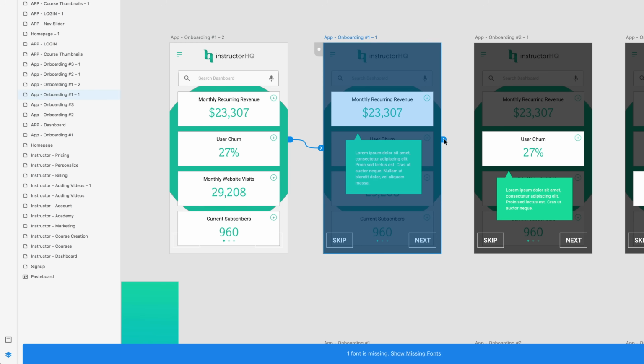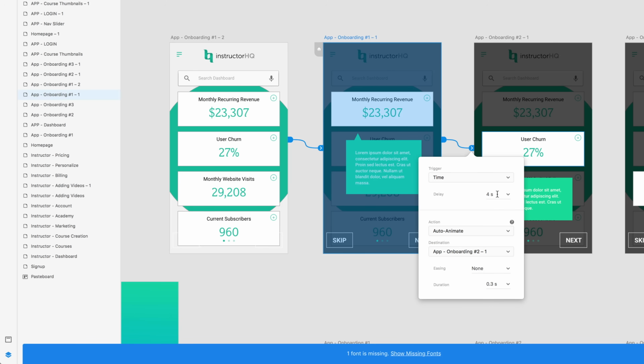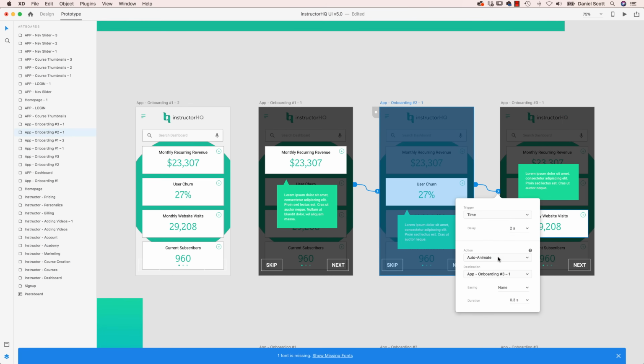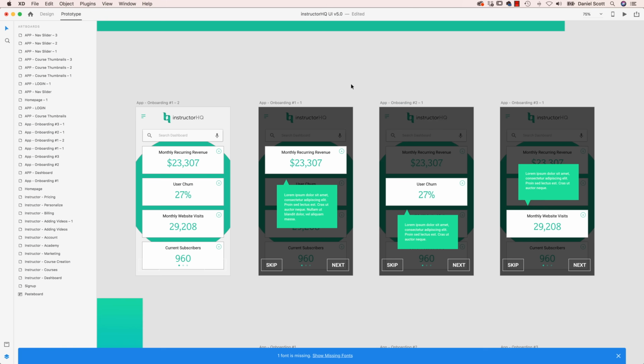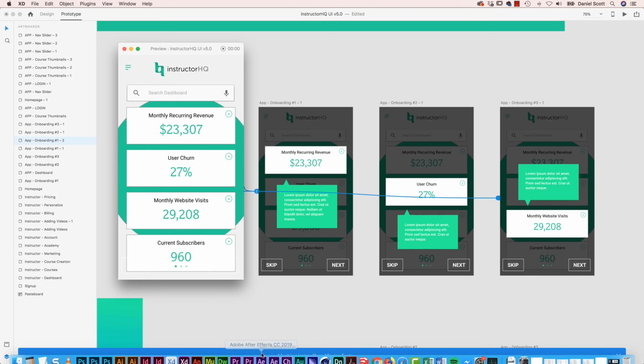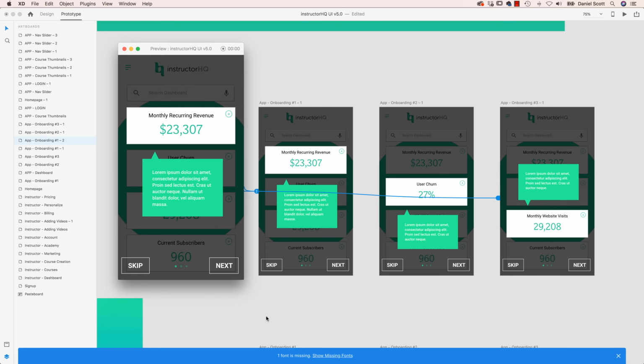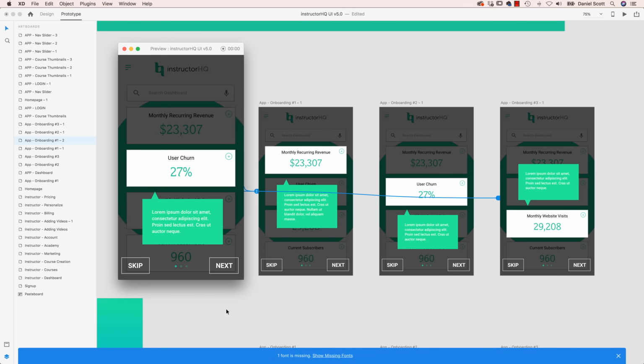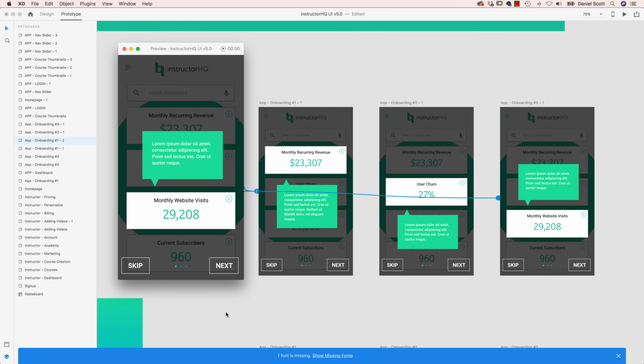And then this one is just gonna kind of scroll through whatever we decide. I'm gonna do 2 seconds just so it's nice and fast, but you probably can't read my text, even though it's Lorem Ipsum. And when it gets to the end here, it's gonna double back. So let's give this one a preview, and it just sits there for 4 seconds, and then here we go. Kind of starts highlighting things. You can skip through the buttons or just let it run through the little timer, and eventually you end up